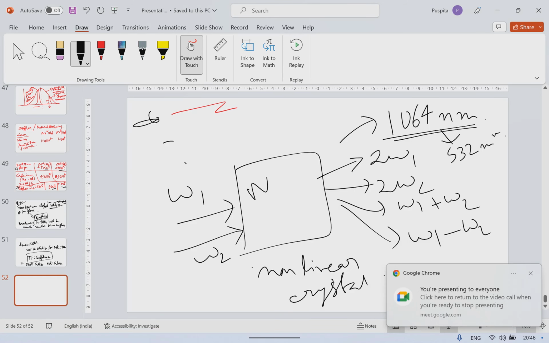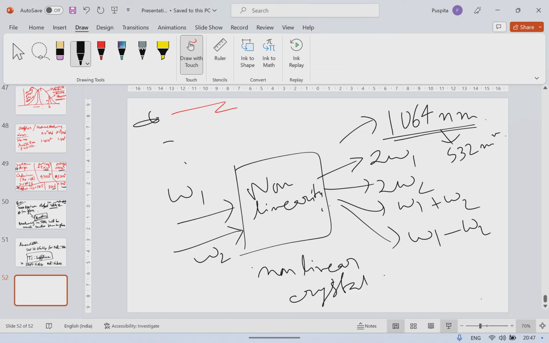So this non-linearity is not the scope of this course. I am just mentioning that you asked what is the output of the wavelength, that's 1064 nanometer. From that we can get 532 nanometer, 266 nanometer. This is because of using the non-linearity of this thing. And also, mathematically, minus 2 omega, minus 2 omega 2 are also present when you do the calculation